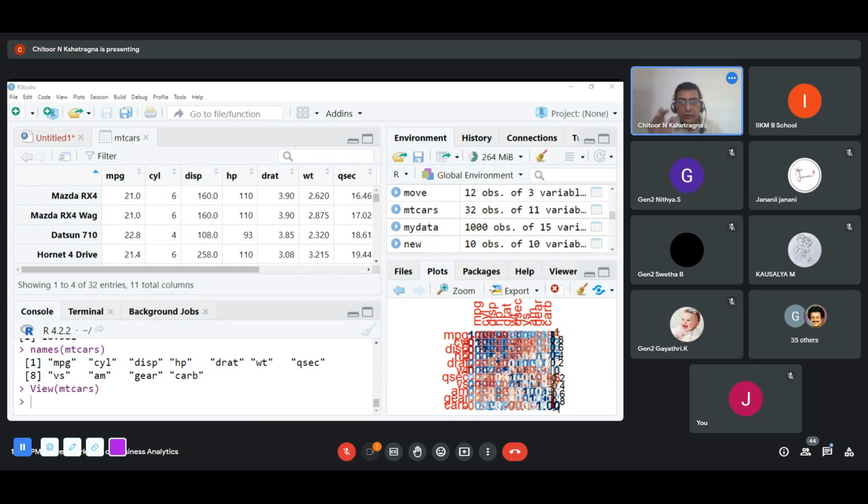Data analytics is a stepping stone, a launch pad. We can do multiple things provided you know statistics. We did a modeling. We can do a prediction. We can create a decision tree. We can create a random forest. Right, so multiple things can be done using one small data set.